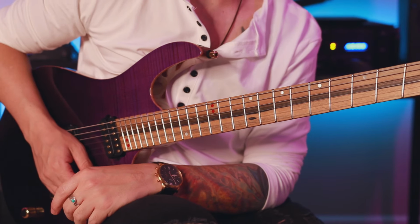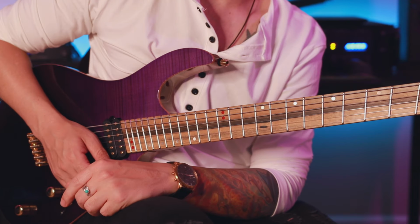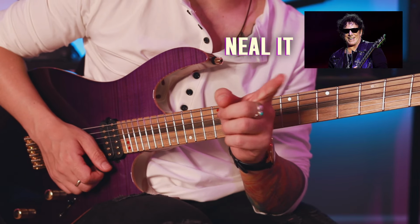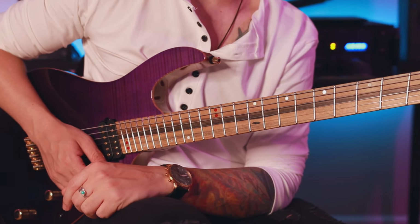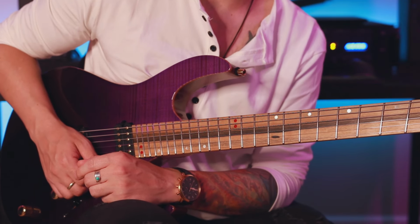The challenging part here is attempting to play it exactly the way Neal plays it on the recording. If you are able to nail it, or Neal it, as I like to say, the overall result is extremely rewarding. The best advice I have for this one is to make sure that you are bending to the correct pitch,